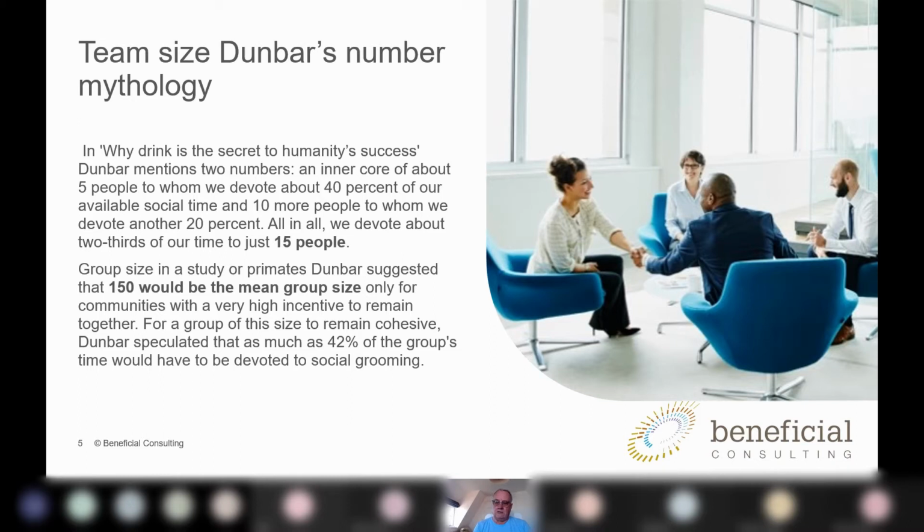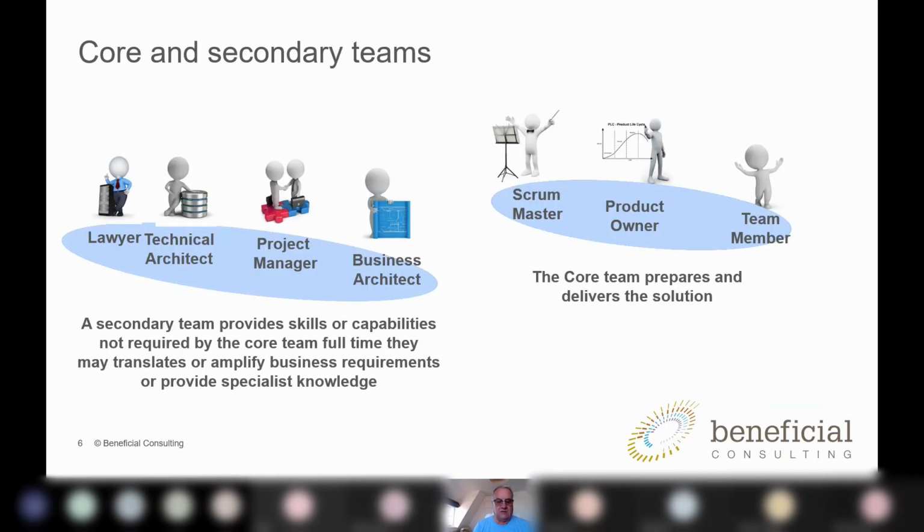So again, you can start to think about, okay, how do we construct a team such that we can deliver value? And then we get to a question, okay, what about teams that need a specialist, but not as a permanent person within the team?